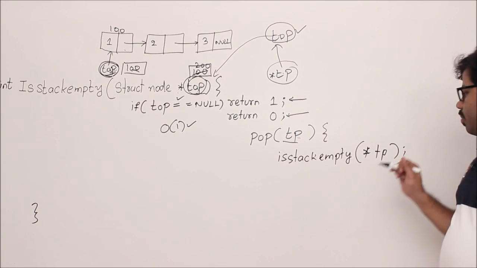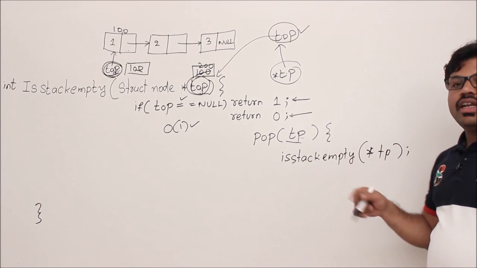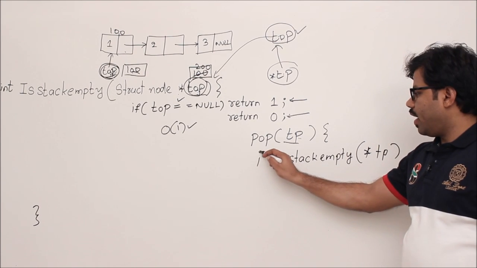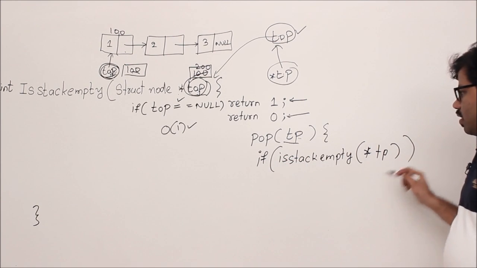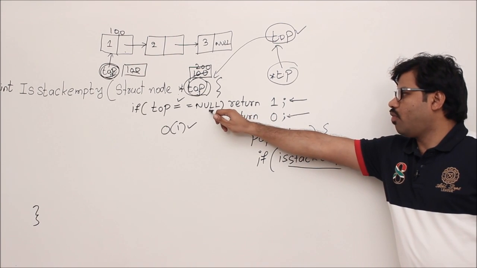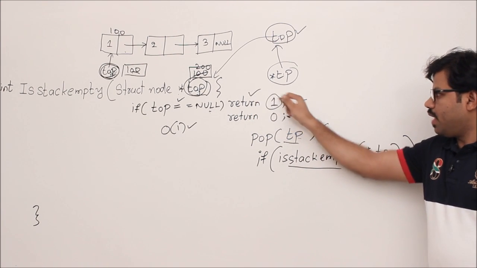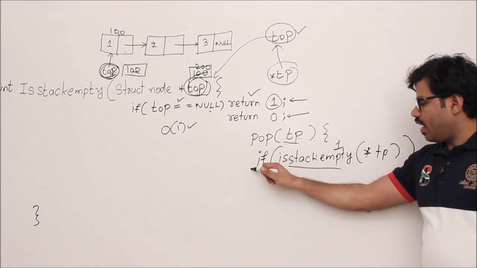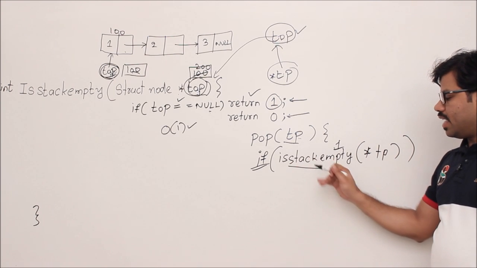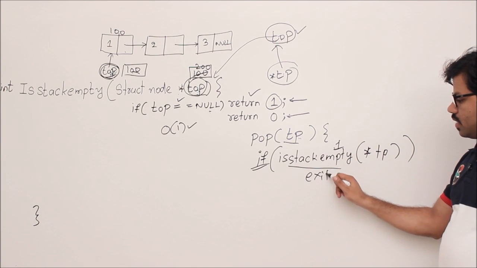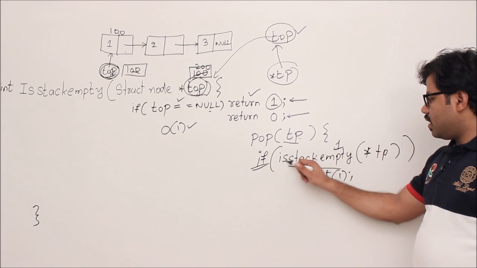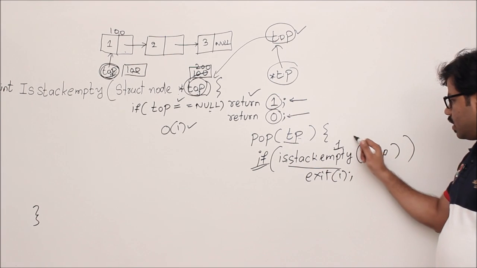If you call it, what happens? This eStackEmpty returns you true or false, that means 1 or 0. Then we have it embedded in the if condition. Now if eStackEmpty is really true, then what happens? The condition is true, top is null, and 1 will be returned here. In if conditions, 1 is treated as true. If true, the stack is really empty. What do you want to do? Exit the program. That's why we have written exit of 1. Else, what happens? If eStackEmpty returns 0, then this will become 0.